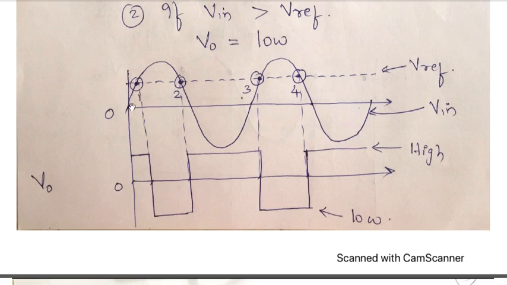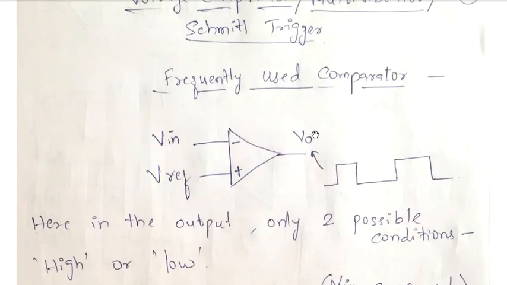Please understand that this waveform which I have shown at the top is a sine waveform, which is the input waveform. I have shown it here. See, so this is the input waveform, and the waveform which I've drawn below it is the output waveform. Okay, but then as you people know that to draw the output voltage waveform, I need to compare the input voltage with the reference voltage. So because I'm going to compare input with reference voltage, let me tell you, this reference voltage, we are going to keep it constant. We are not going to vary the reference voltage. Because we are going to keep it constant, obviously V reference will be applied with DC voltage.